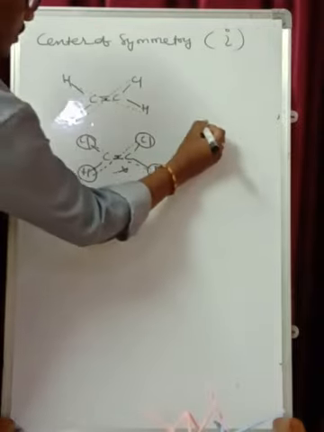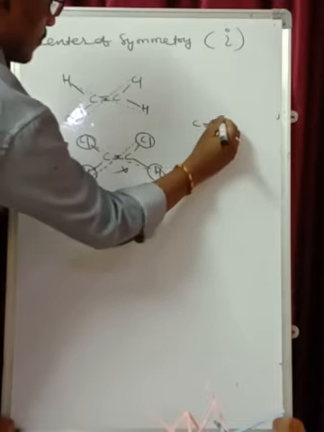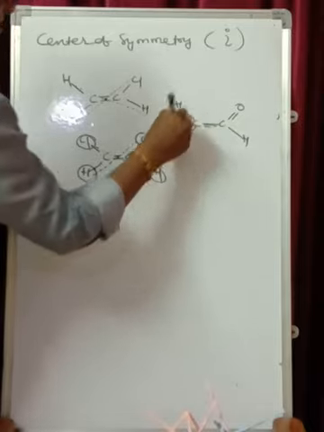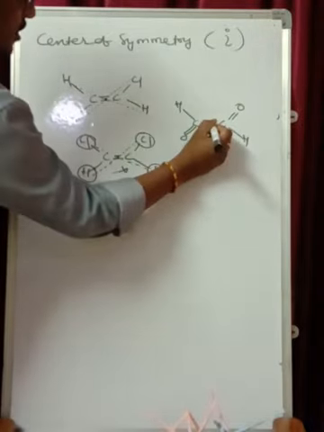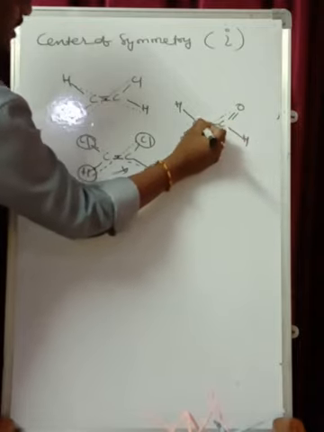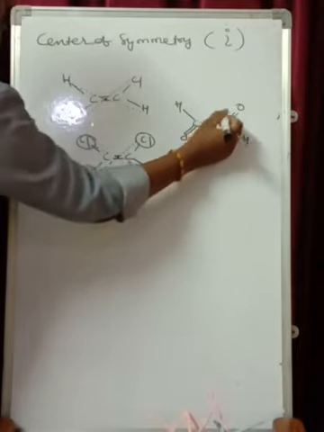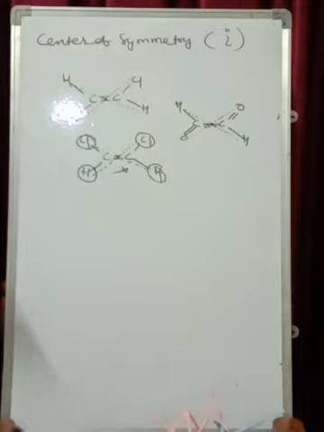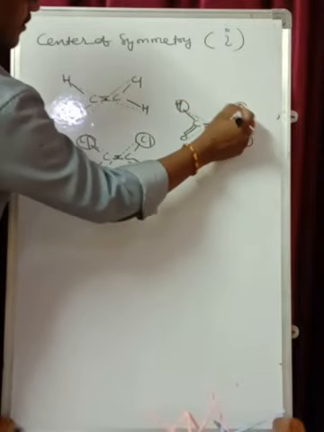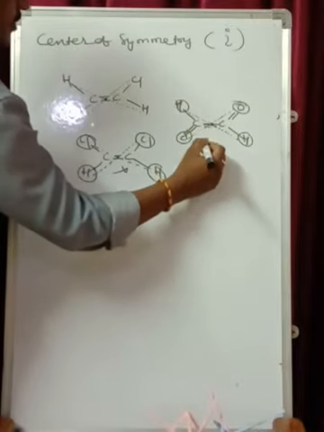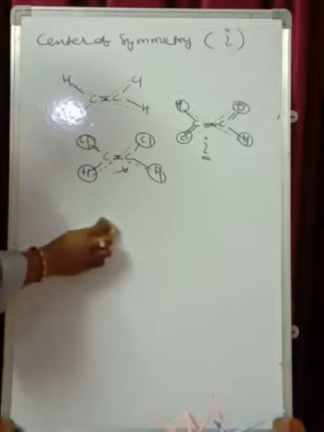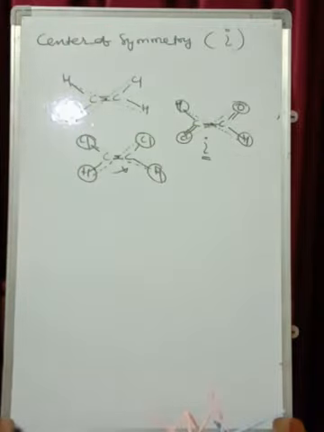We can take another example. In this example, if you extrapolate from the center in opposite directions, the 2 oxygens and the 2 hydrogens are equivalent, of the same type. Therefore, we say that this molecule has a center of inversion. This is what we have regarding the center of symmetry.